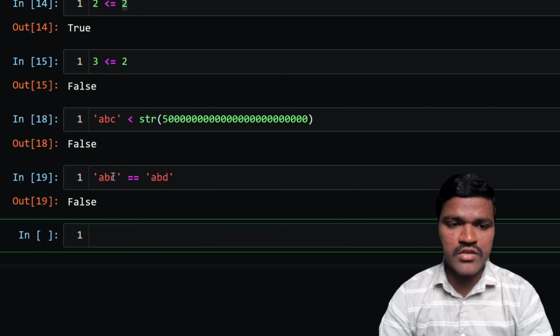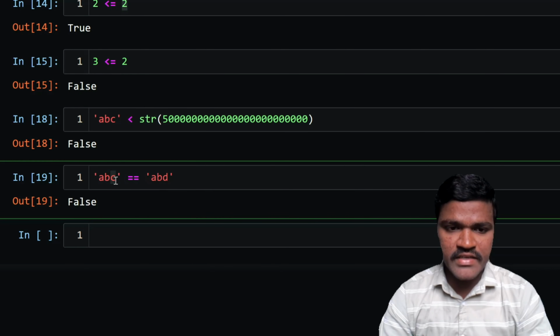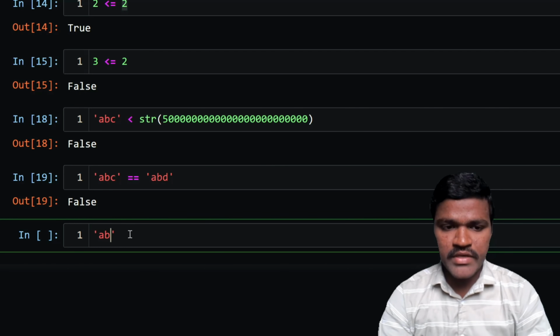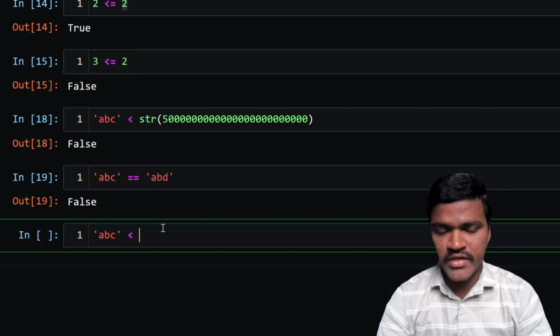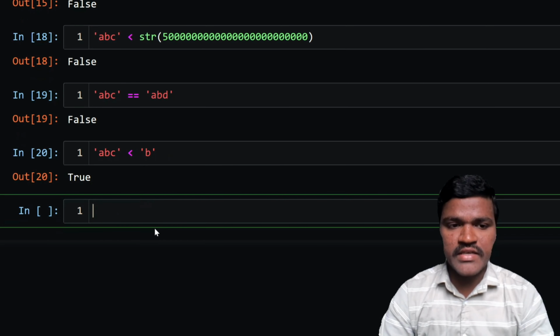No, these two are not equal. C is differing in here. Let's say I take one more example of A, B, C, with the less than operator. Let's say I am considering B here. So what I am getting is true,